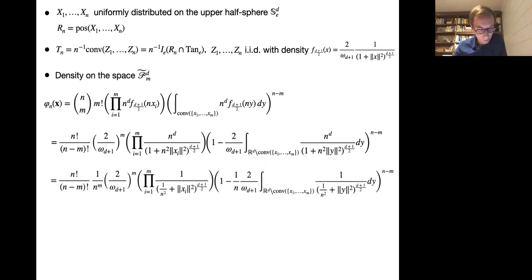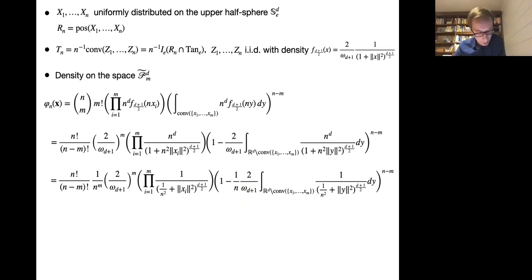Next, well, you take out from the bracket the factor n. And you do this m times, because this is an m-fold product. This gives rise to a 1 over n to the m. Then there is some constant factor that we just copied. Here we took out this factor n. And we did the same here. We took out the factor n from the density. This is why there's a 1 over n here.